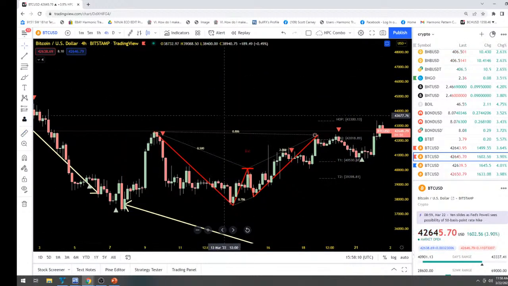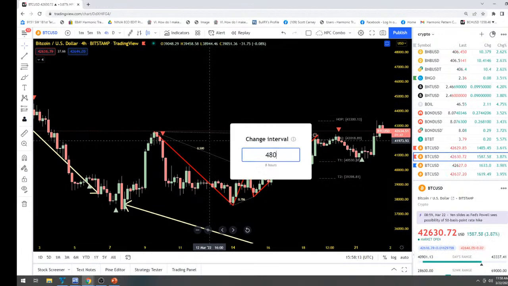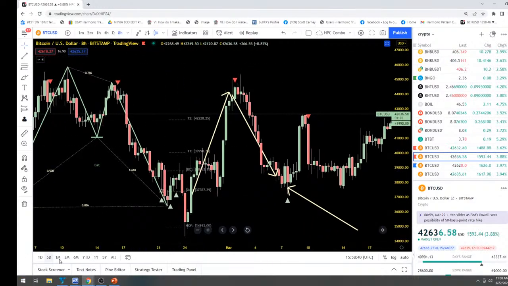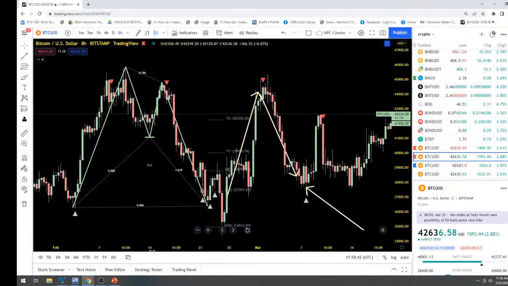And maybe we go to a 480, 8 hour instead of 4 hour. That's another way to think about it. If you see some kind of extended type 2 like we've been seeing, then look at the slightly longer. Go double the time frame and see if you see something there. We did have something on the 8 hour, which was a beautiful bat pattern, sloppy on the initial test, but even that thing, off the February low, had a full retest